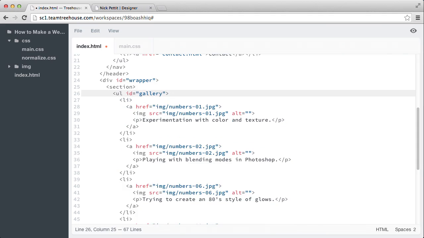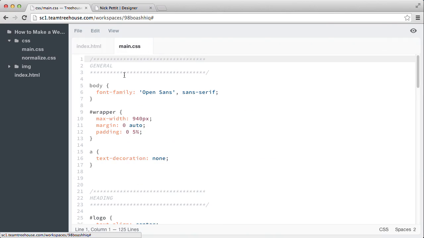Great. Now let's jump into our CSS after saving this file, and let's start building out the styles for our gallery. This particular gallery is going to take up 2 columns on our mobile site. Later on, we'll expand it to 3 columns on the desktop layout, but most of the styling we'll need will already be complete by that point. We'll select the gallery element in a moment, but first we need to add some special styling to our images